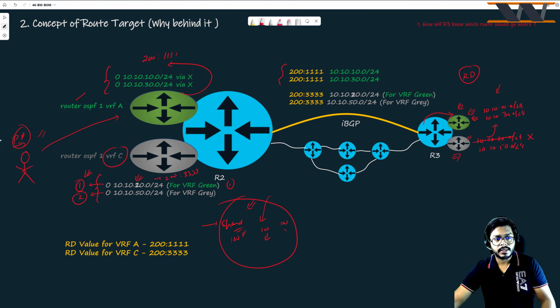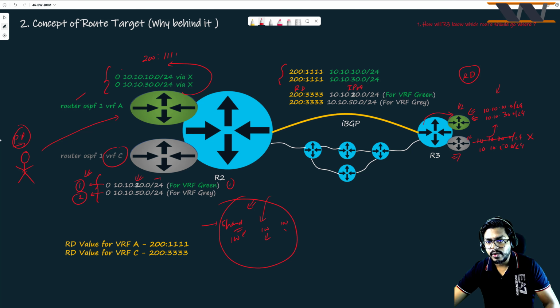Prashant Patil's conditions. And if that is the case, then you need something more than this, right? You need something more than route distinguishers. And that is where another number comes into the picture, right? And what is that other number? So basically what I'm doing is, along with this route, this is my RD value,